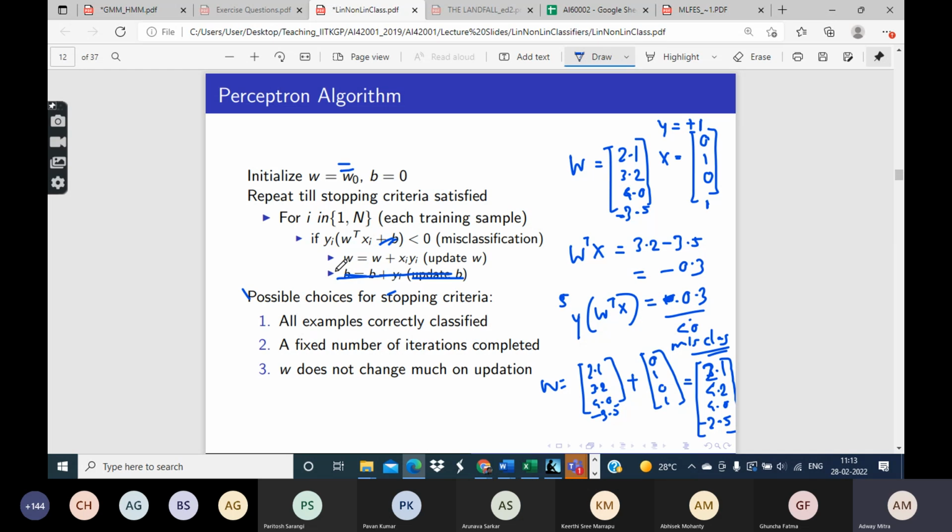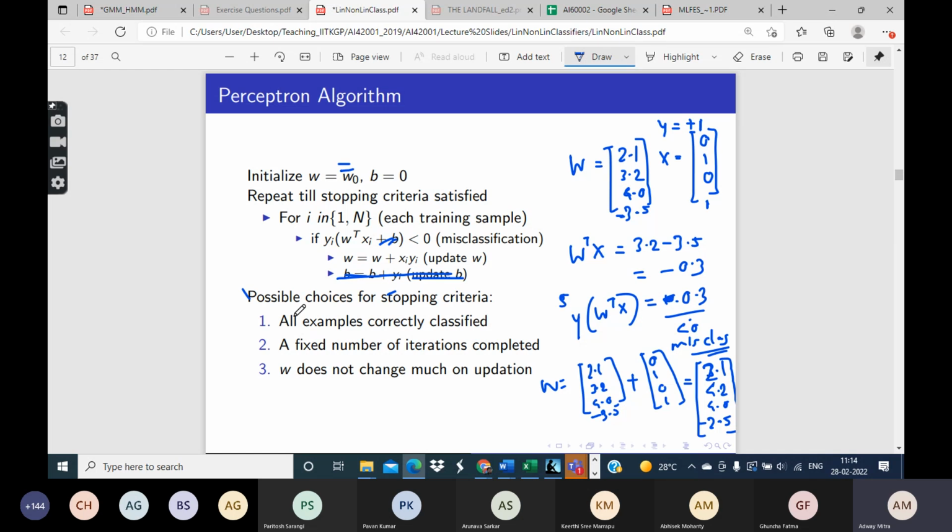Now with the updated W, we continue the same pass over all the data points, and whenever we see again any misclassification, again we update it. This way we reach the end of all the n training examples. But then we again repeat from the beginning, from the first example, another round of the same thing. Again, whenever we come across any misclassification, we keep on updating W. So the whole thing goes on in loops until some stopping criterion is reached.